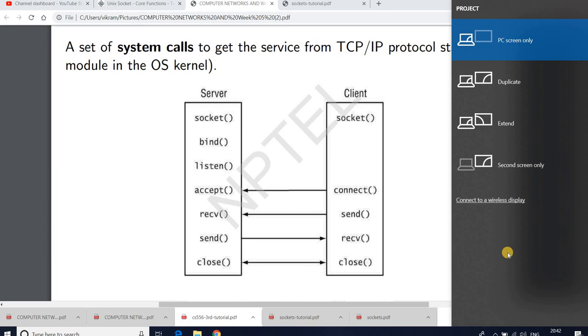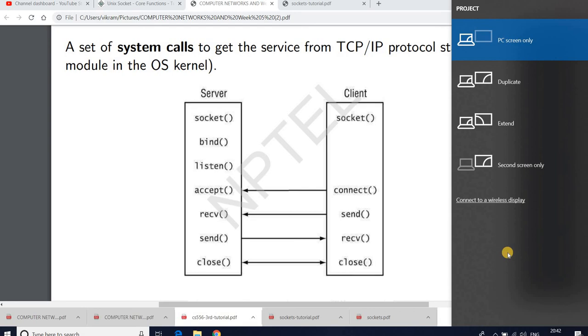just understand the nature of communication between the server and the client here. The server is making the announcement that I am listening at this port 8080. So anyone who wants to connect to me can directly connect to me at port 8080. The client does not need to announce anything, because the client is the one initiating the connection to the server.